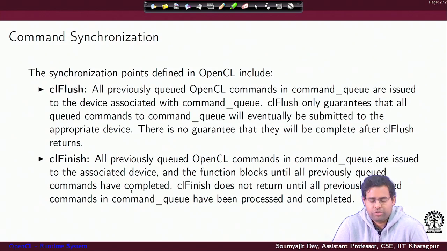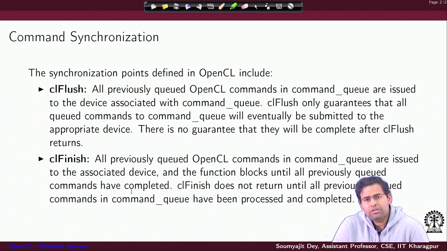to the device for execution, and then you have clFinish. For clFinish, whatever commands have been queued are issued to the associated device, and the function blocks until all these queued commands have completed.